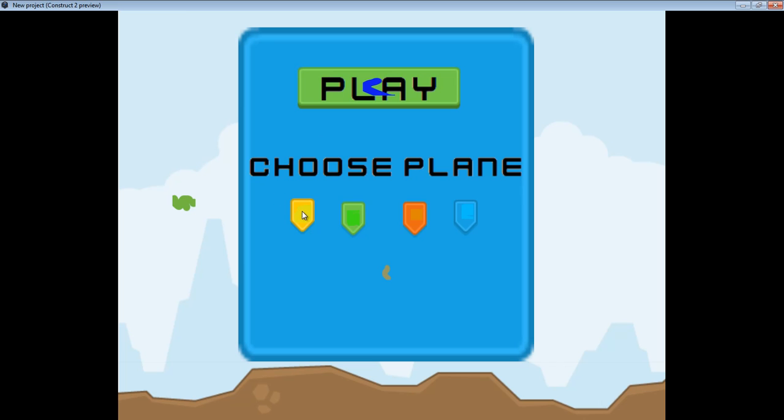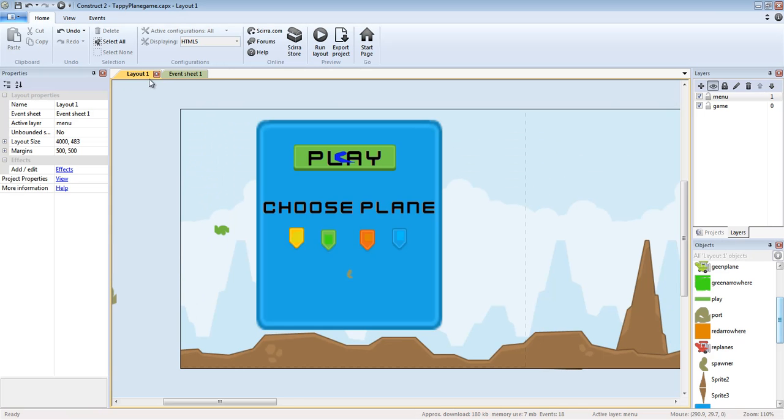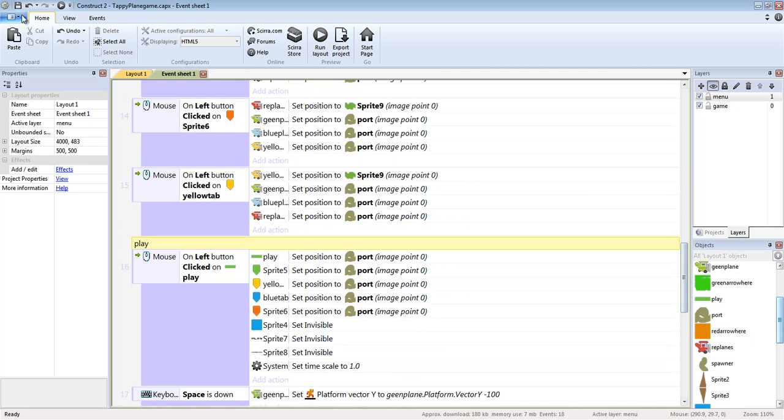We have our plane chooser, and then we have our plane button. I'm going to choose the green one because the green one only has the code on it right now. We hit play and instantly the gravity takes place. We're falling, but the fall is pretty slow. So nothing huge happens, but this is the introduction to it. So, okay, the first thing you're going to need to do is